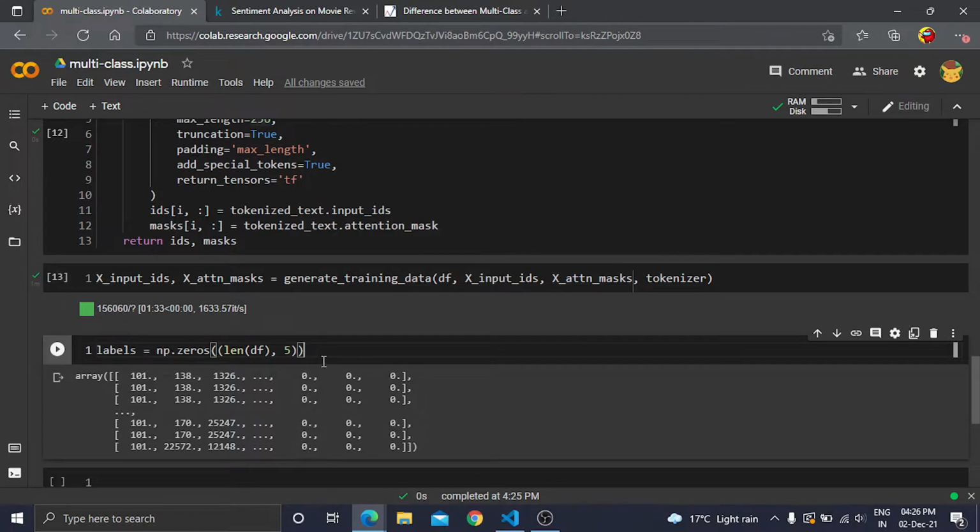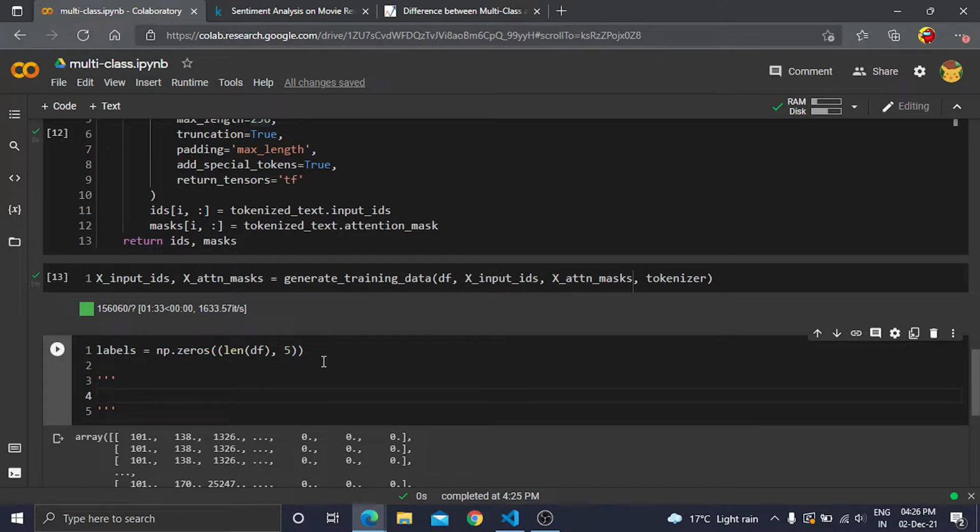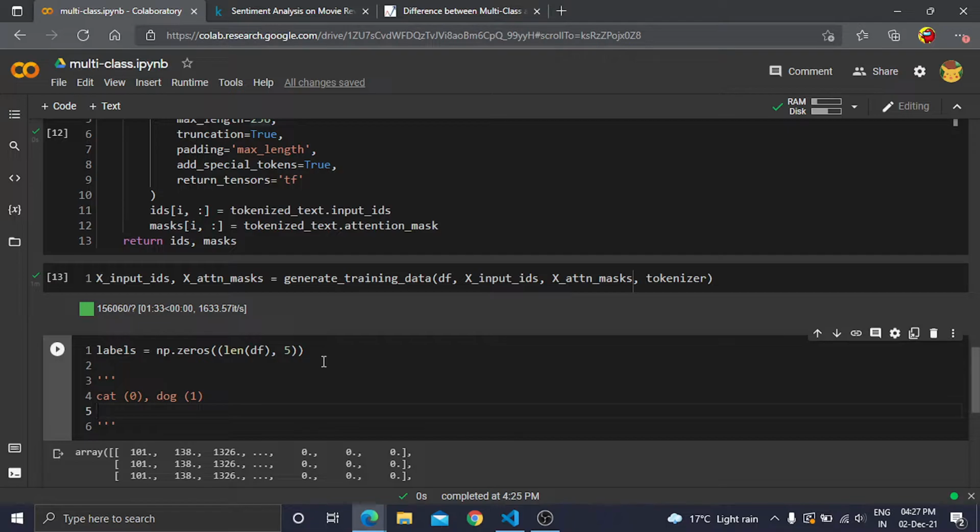I hope you know what a one hot encoded vector is. It is basically a vector in which, for example, we have 2 classes, cat and dog. Dog corresponds to 1, and cat corresponds to 0. So what a one hot encoded vector does is, for example, we have